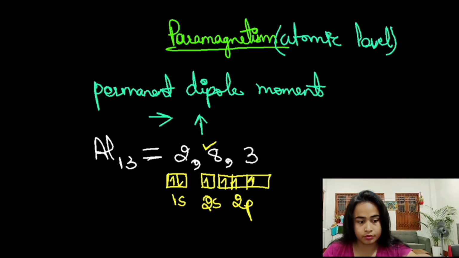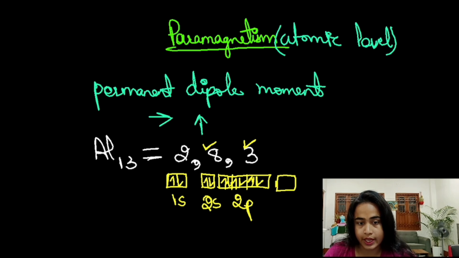Now five, 6, 7, 8. So these electrons are also done. Now we are left with the 3 electrons. Now this is your third shell. Again, it will have an s subshell,